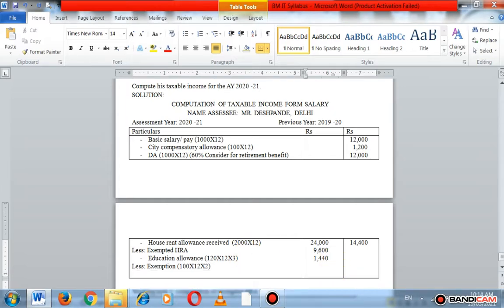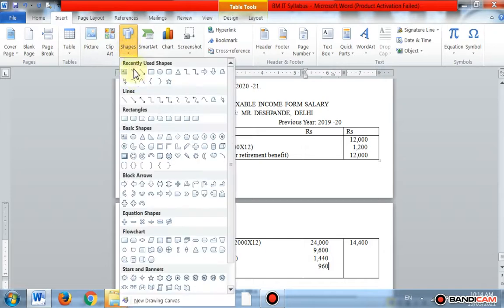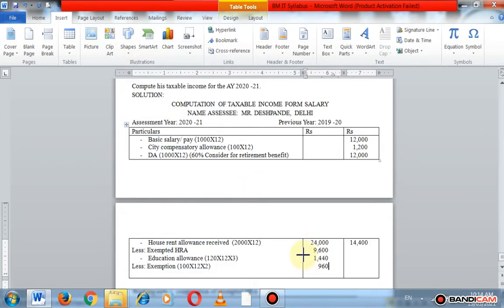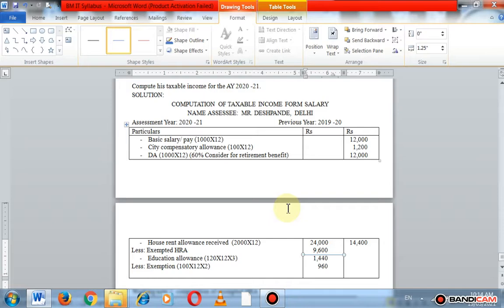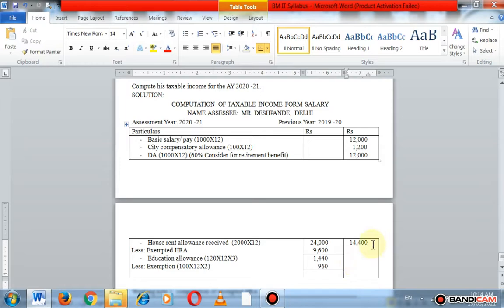Here we get an exemption of 960. So deduct the 960 from the actual education allowance, that is 1,440. The remaining balance is taxable, and that is 480, the taxable balance. Got it? Then next